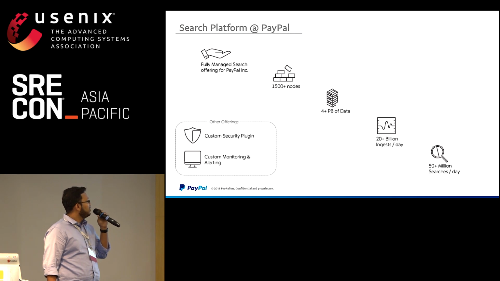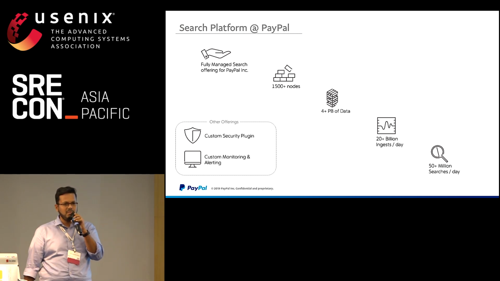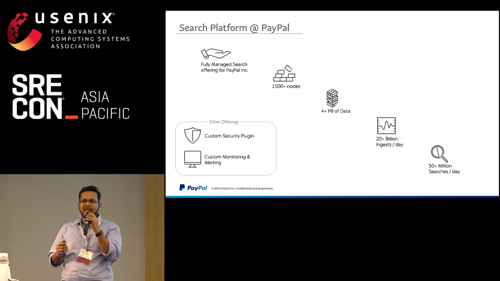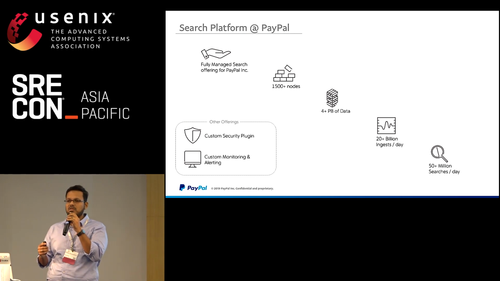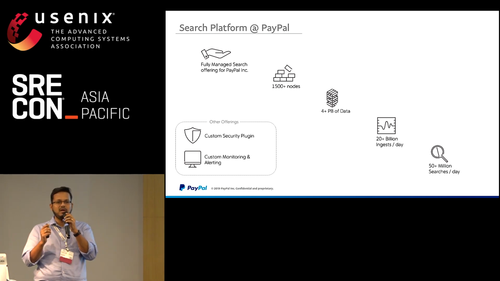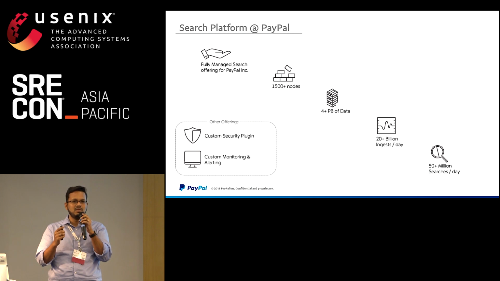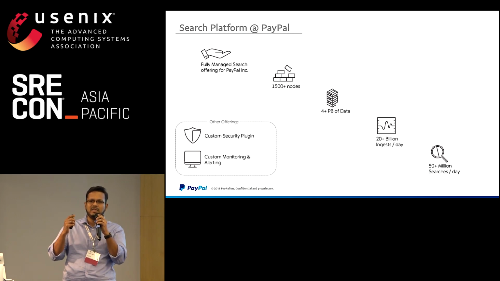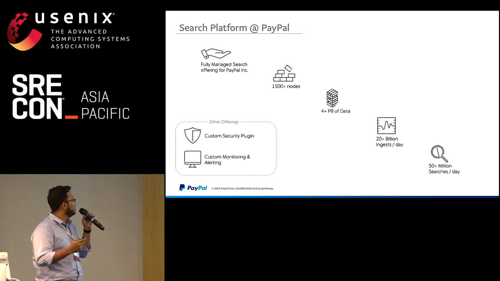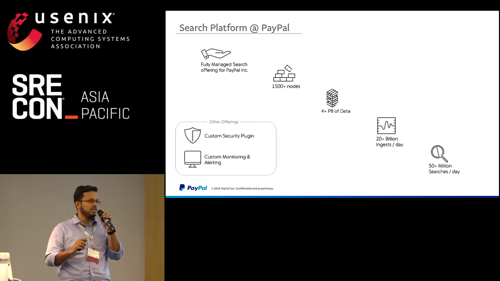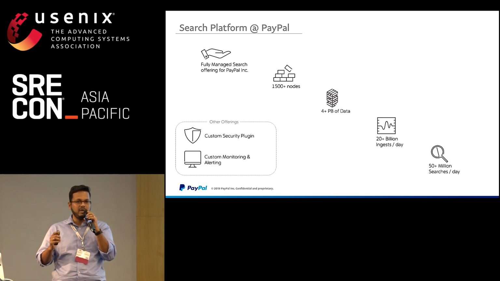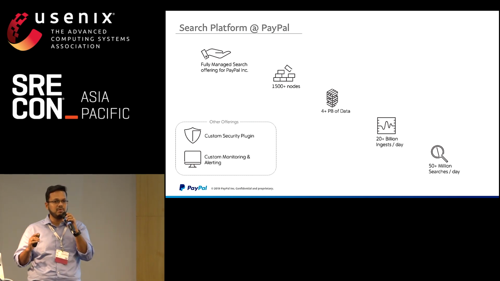Quick overview of the search platform. We call this a search platform for a couple of reasons. One is that at a scale like PayPal's, it is very important for us to decouple the complexities of managing infrastructure and providing software as a service, and not have teams take care of setting up Elasticsearch or any other software for that matter. So as a platform, we provide a fully managed search infrastructure for PayPal. We take care of provisioning the clusters, managing them, making sure they operate and are scaled as per the customer needs.